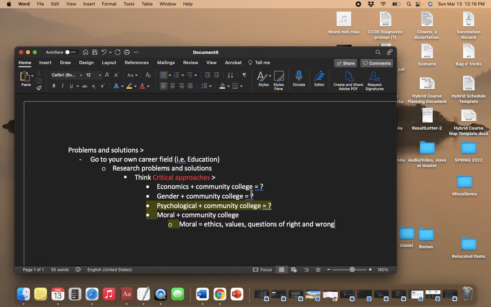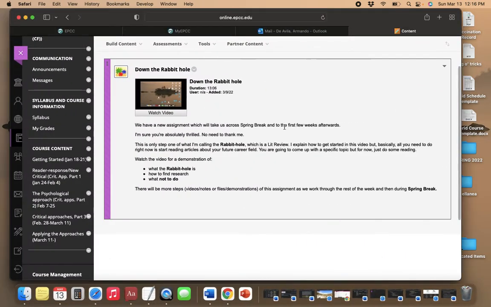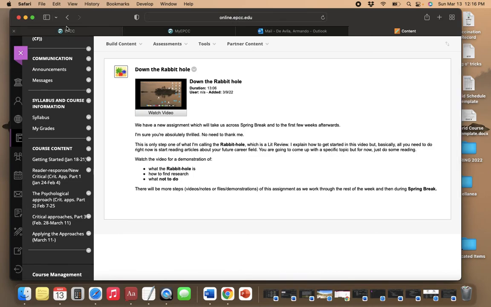Hopefully one of these will help you get your topic. You might even combine approaches in order to find a topic, and then I'm going to show you examples of this. You might use some of these other approaches for one paragraph here, one paragraph there, that kind of thing. Now, again, I'm going to work with this. I'm going to show you, but the thing I wanted to show you right now is to remember that